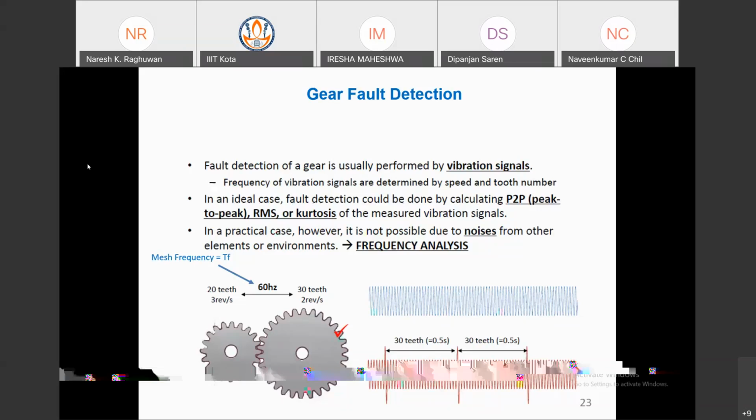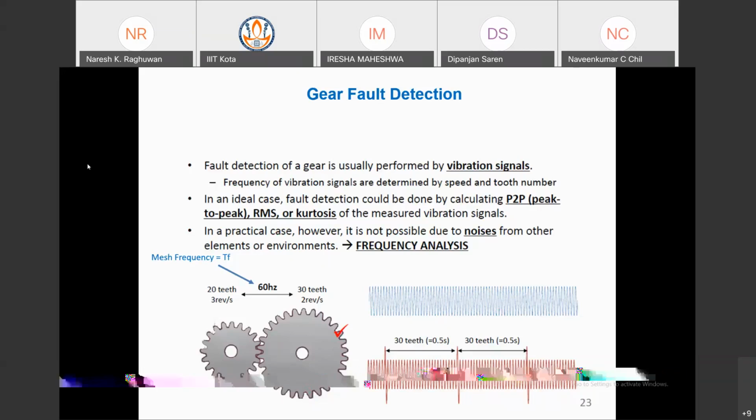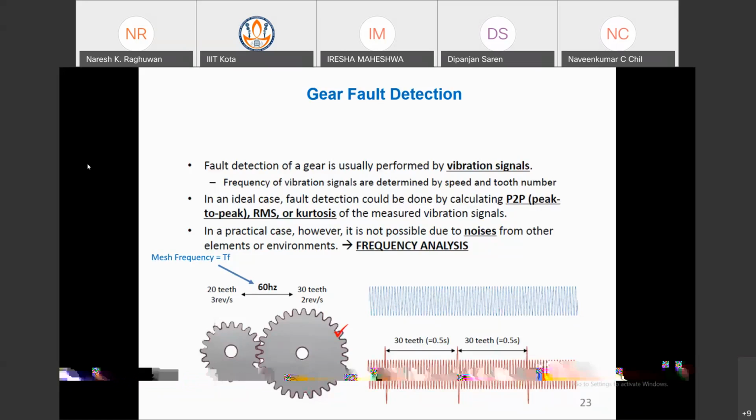So frequency analysis is done. In the time domain, generally, there is a limited problem. You can calculate the RMS any number of times, but the RMS value is not predictive because the noise is there. The faulty signal and healthy signal are only slightly different. In that case, the statistical parameters are not well suited. So we use frequency domain analysis. In the frequency domain, you have different signal processing techniques. You can denoise the signals and then analyze.